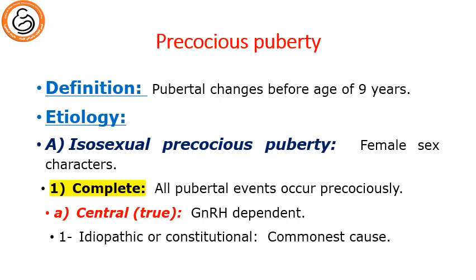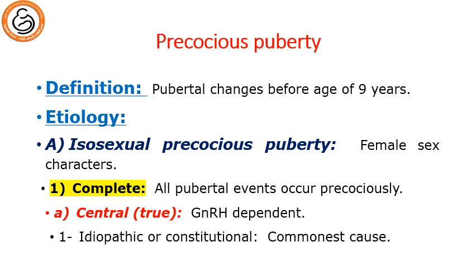Now we go to abnormal puberty. We have 2 types of abnormality, the precocious puberty and the delayed puberty. Starting with precocious puberty, which is defined as pubertal changes before the age of 9 years. Actually, the etiology is divided into 2 types according to the appearance of secondary sex characters. The isosexual precocious puberty, where the female sex characters appear early,